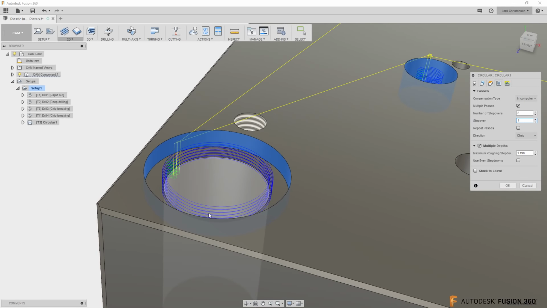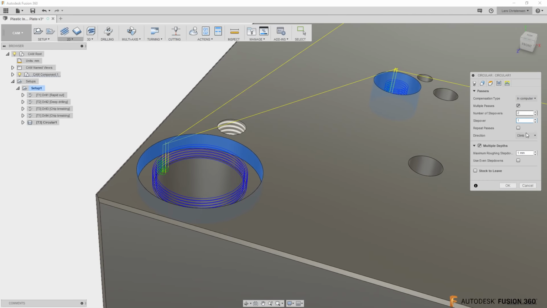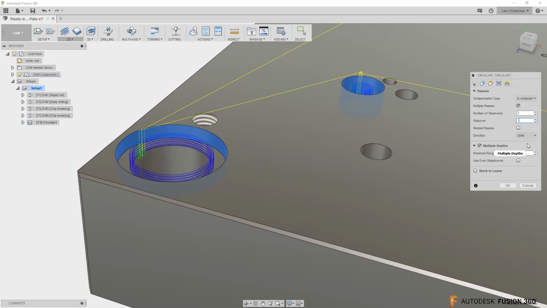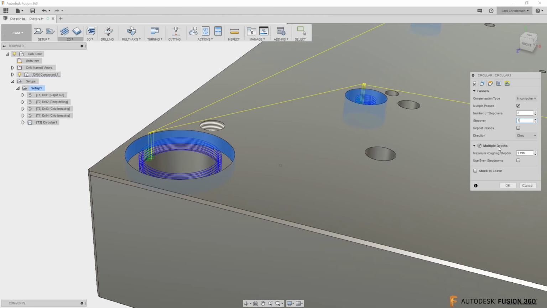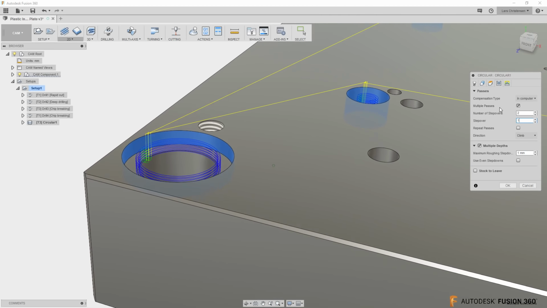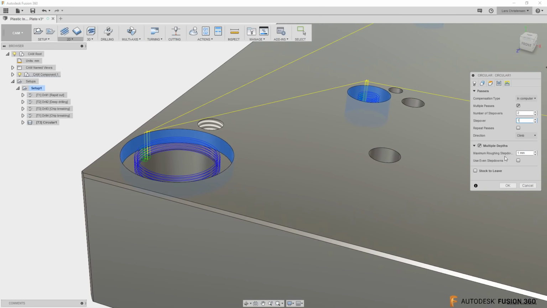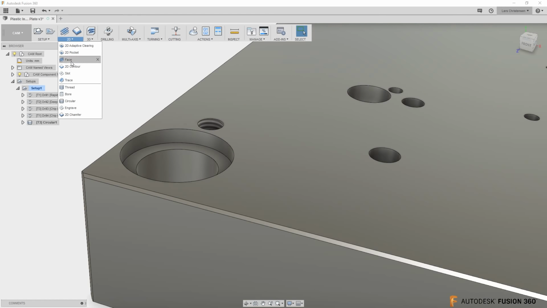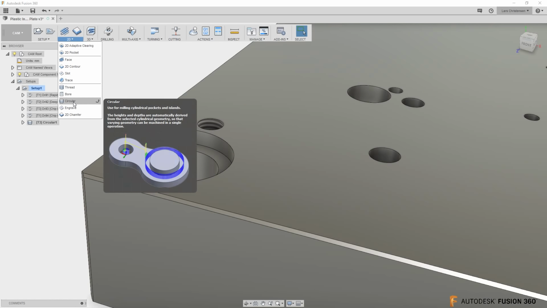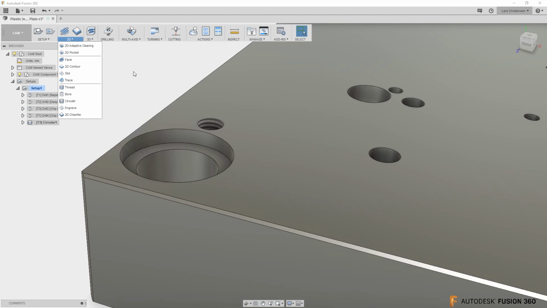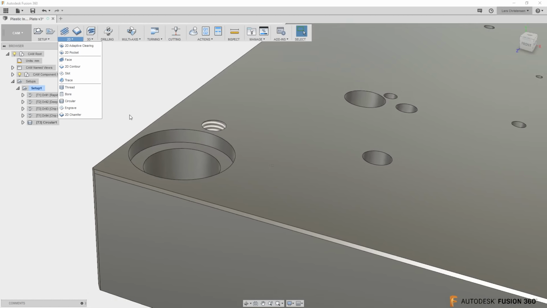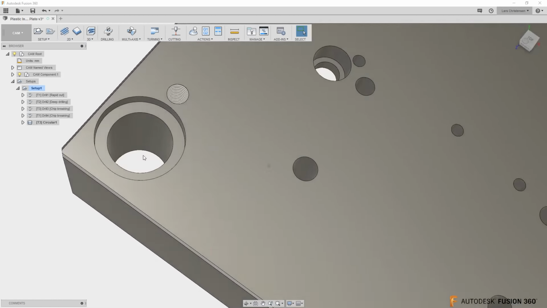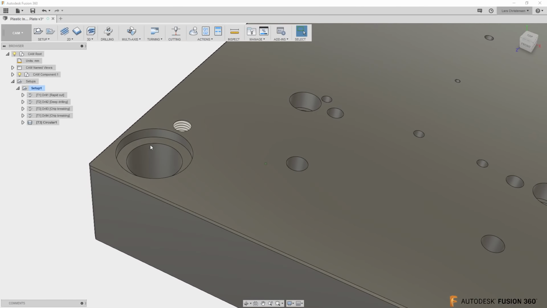Now we have two operations, number of step overs in there. You can add multiple depths in there. You can see that is checked. I think this is straightforward. So if you're doing counterbores, I actually think that the circular operation in here is a little bit easier, simpler than using a contour, but I think it's doing the same type of thing. But the next thing I wanted to talk about was these bigger holes in here,